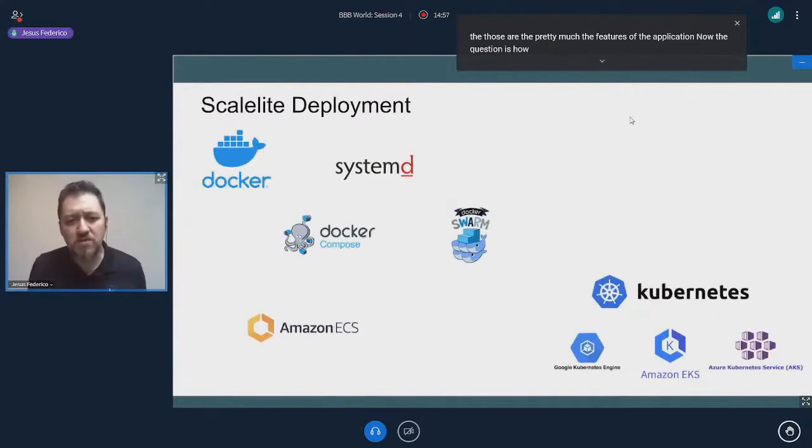Now the question is, how do we deploy this thing? The answer to that is there is no right answer. There is no single recipe for deploying Scalelite. If you are an experienced system administrator, which I will guess most of the people here in this meeting are, you know that depending on the needs and depending on the resource constraints that you might have, you have to choose different ways of deploying. There is no single recipe. We shipped this with systemd because at the time it was just right,